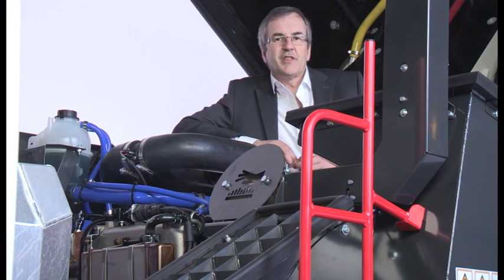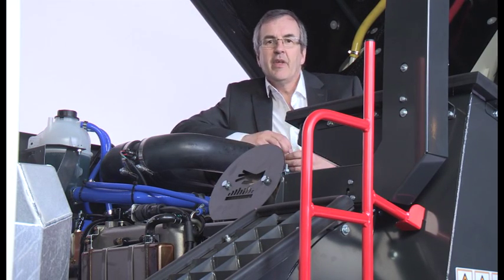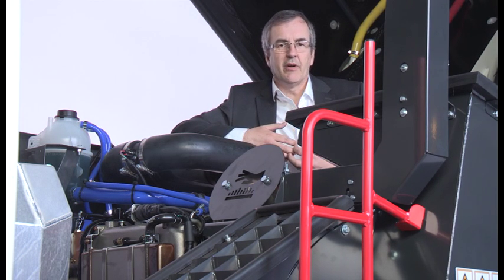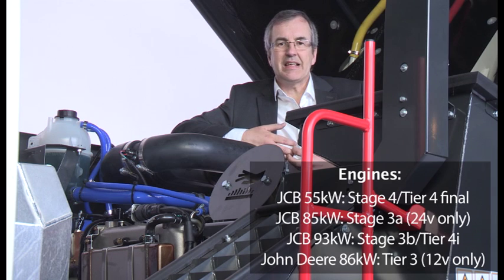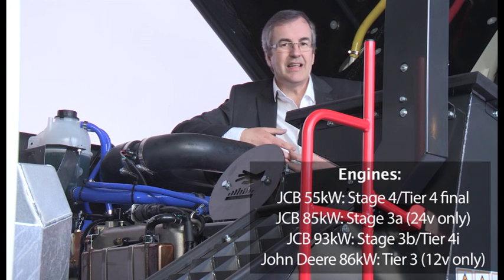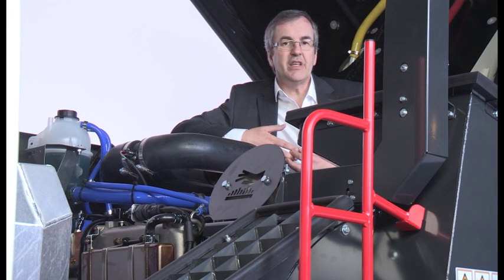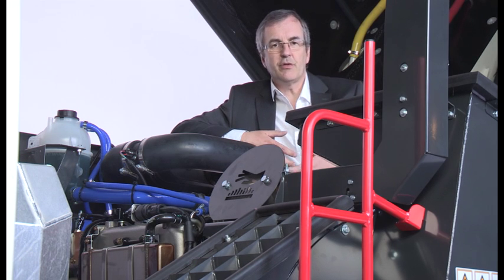Let's start with the heart of the machine, the power pack. The T in VT designates a twin or auxiliary engine model. It is possible to select a number of different auxiliary engines based on, firstly, the power required for the application, and secondly, the regulatory emission requirements of the territory. Whichever choice is made, the engine delivers its power to the fan through the same highly efficient mechanical step-up gearbox